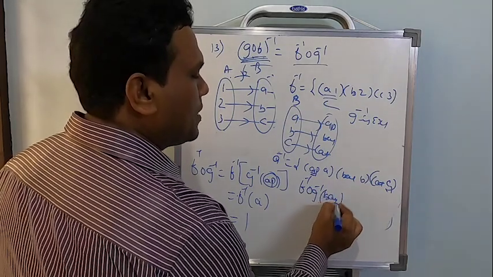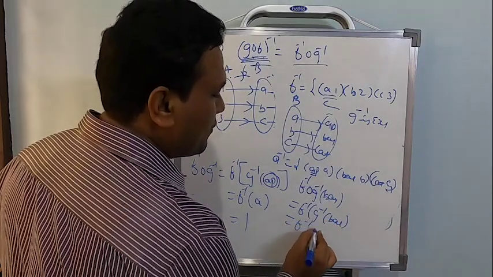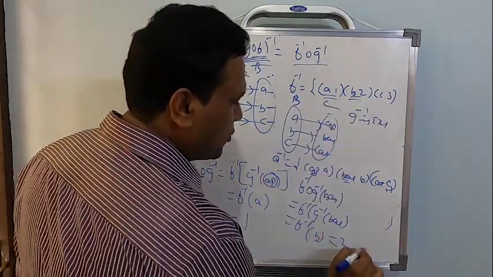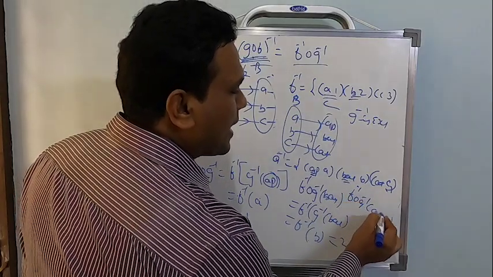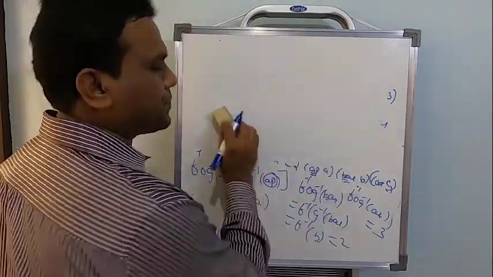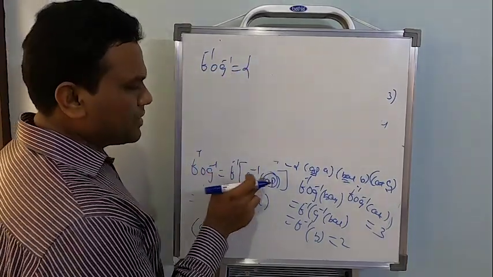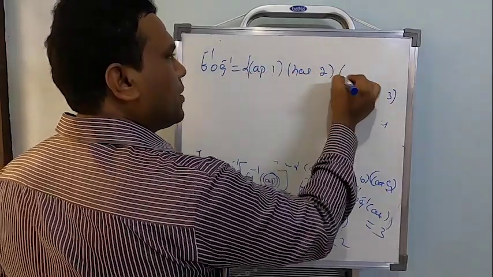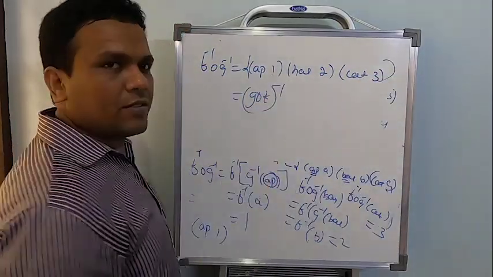Sorry, it's going to be ball. So this should be f inverse of g inverse of ball. So f inverse of, here ball is related to b, and in f inverse b is related to 2. Similarly, you find one more, the last one, f inverse of g inverse of cat. This surely will give me 3. So finally, what is that I am going to write? F inverse of g inverse will be equal to apple comma 1, ball comma 2, and cat comma 3. This is same as g of f the whole inverse.